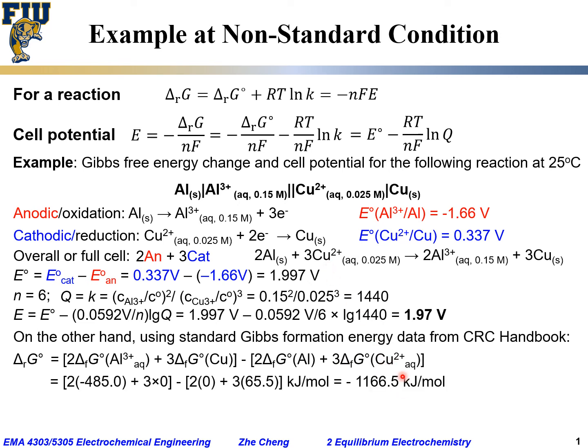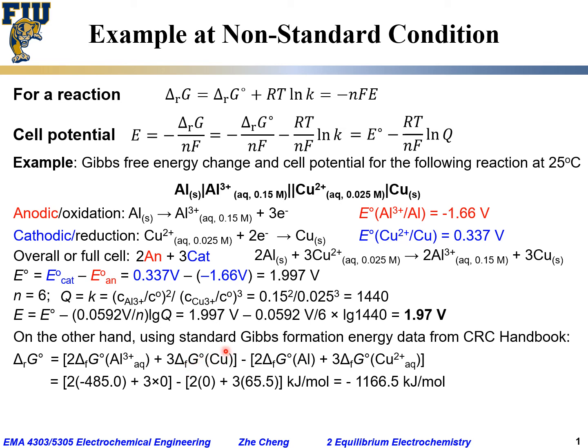And then if we find the data from the CRC handbook using a link, we would know the aluminum 3+ ion has Gibbs formation energy of minus 48.5 kilojoule per mole,